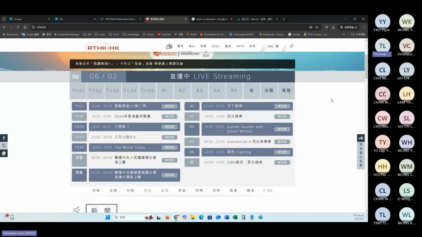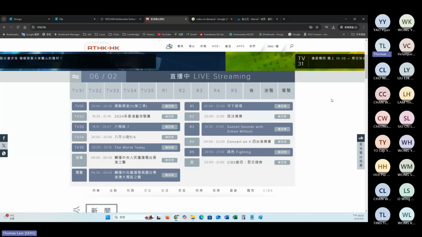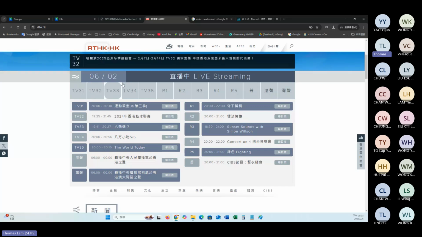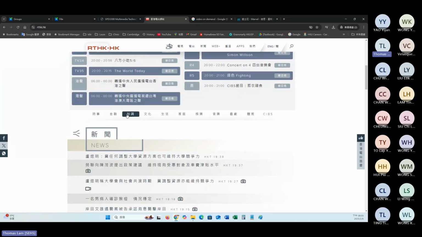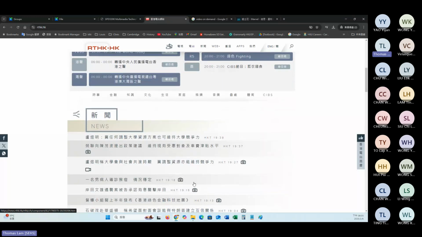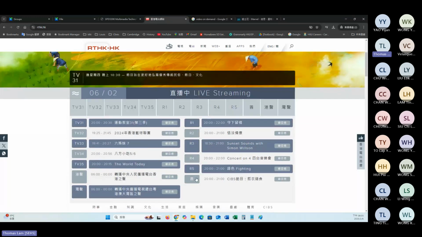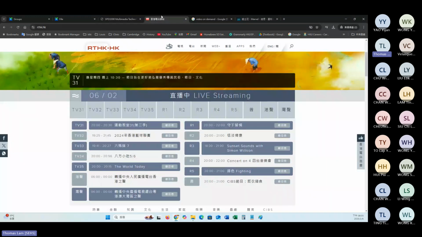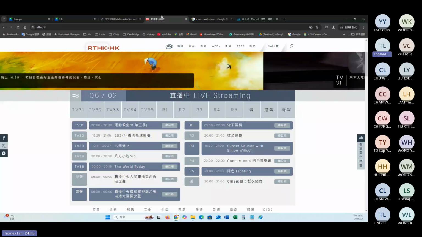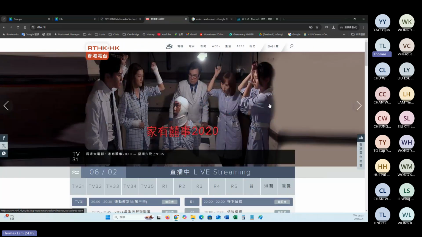Let's take a look at this website. This website is not about a game, but they try to manage and organize the audio recordings such that we can easily find the radio channel that we want to listen to, or even find the corresponding category of information to watch or to listen to. So this is an obvious example of hypertextual navigation: how to organize those digital media such that people find this content more convenient.